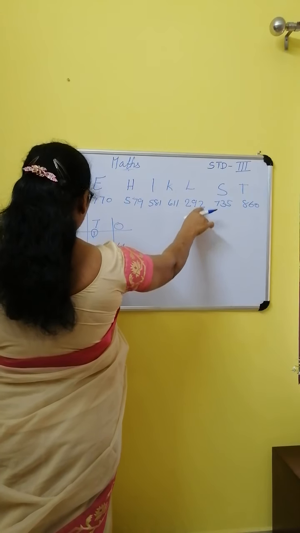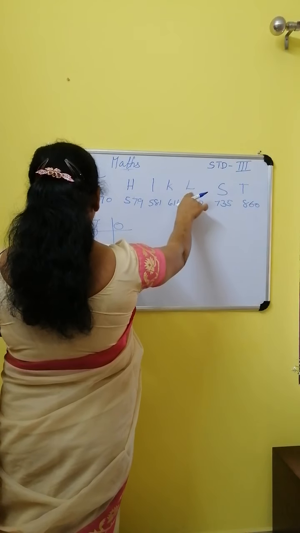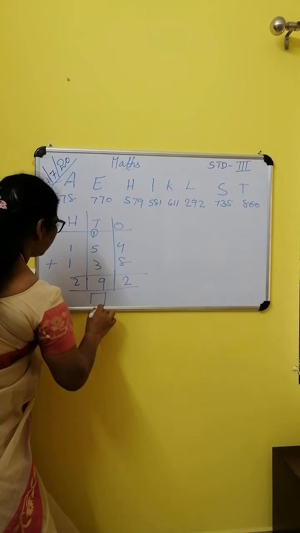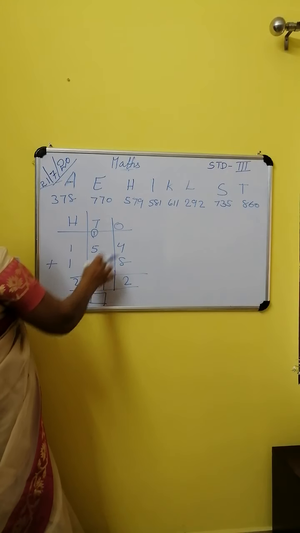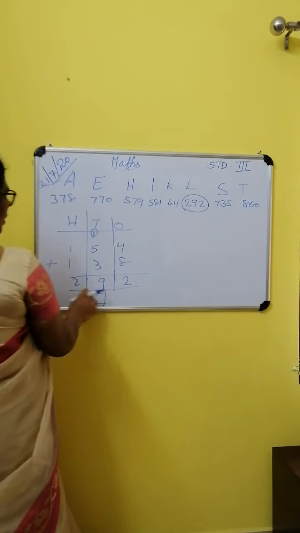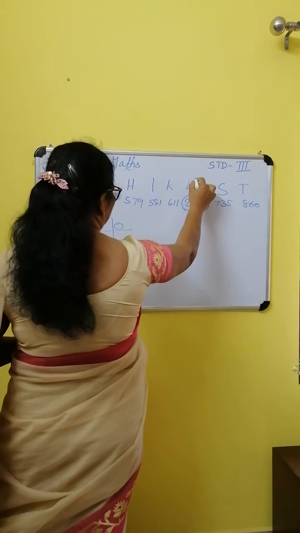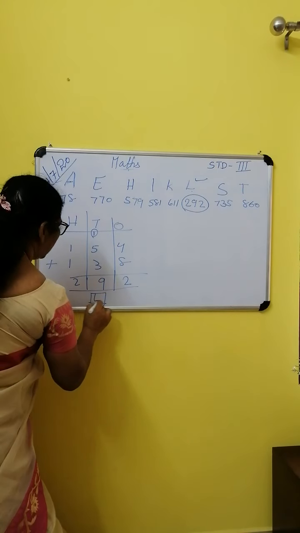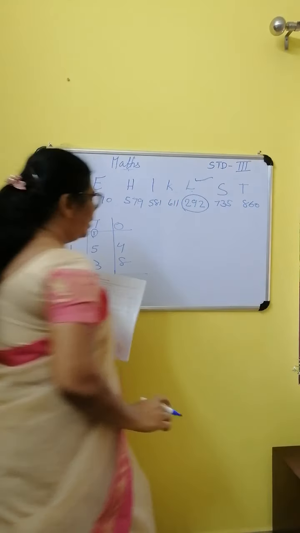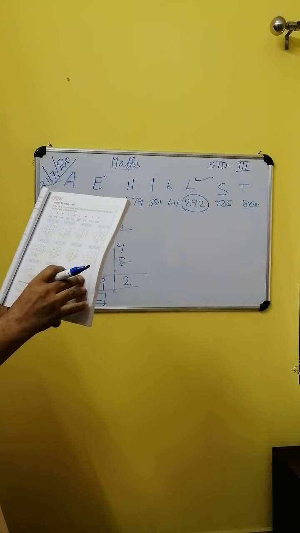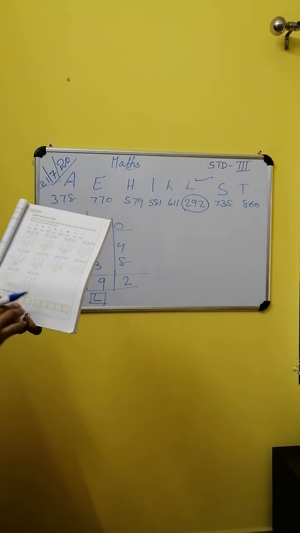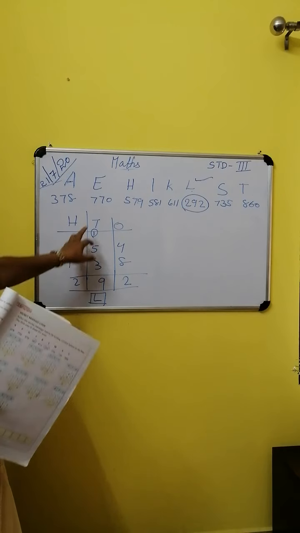292 is here. So you have to write this letter. This letter you write in this column. When you add this number, you find out the number is here. We got this number, same 292. So you take this letter, write L in the column. Understood? So find out like that everything. After getting all these letters, you will get one sentence. The code here. You have to write the code. Understood how to find out?